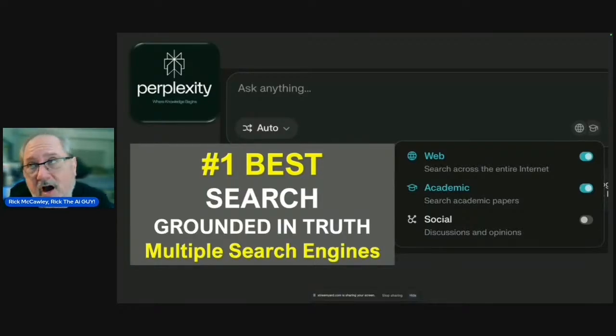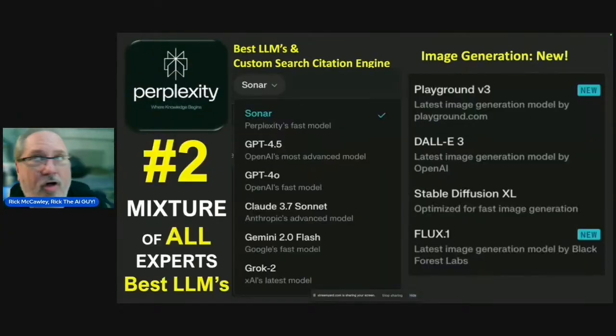Or you can set it to auto, and it's just going to look at your question. If you ask it in an academic way, it'll choose for you. The ChatGPT problem they had with 5 was that people had gotten used to choosing one model because it was academically perfect, or another model because it was super creative, right? They didn't have that choice. You've always had that with Perplexity. All right. Then a mixture of all the experts.